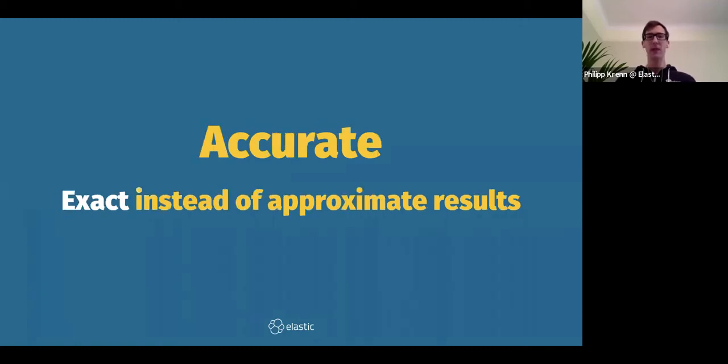Next up, accurate. Accurate is pretty intuitive. You get the right answer. And that one is a bit more confusing, and we'll return to it later on, because accuracy, how would I use an inaccurate or wrong answer? Maybe wrong is too strong, but then not 100% exact answer. And we'll see how that could be useful and what the trade-offs are in that one.